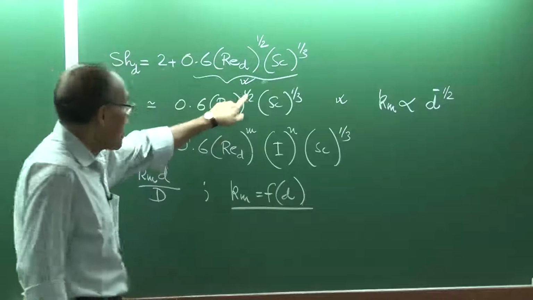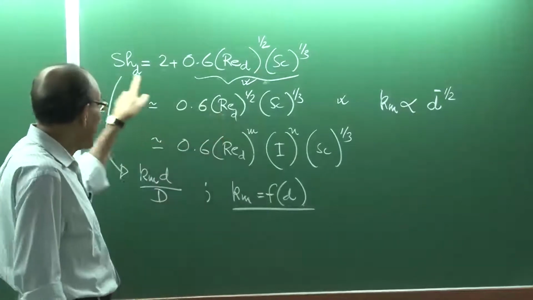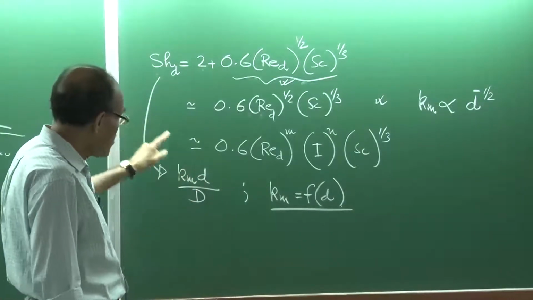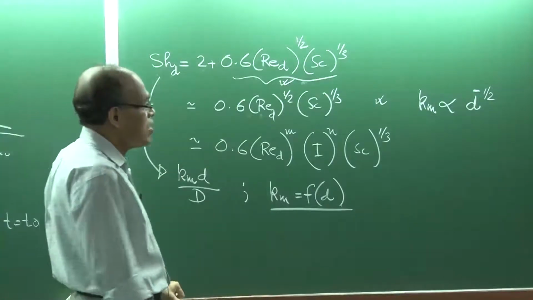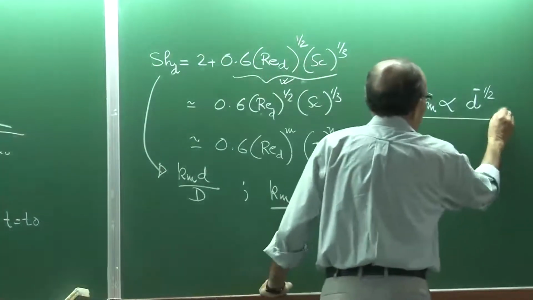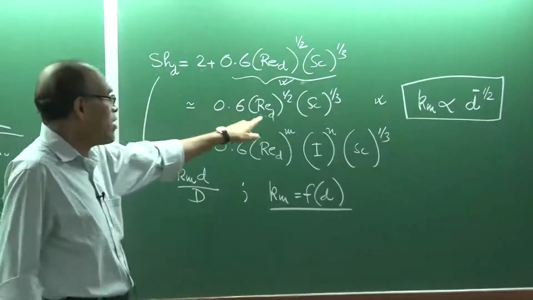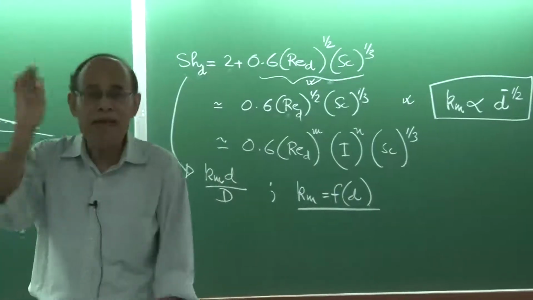Where does the half come from? The characteristic length in the Reynolds number gives d to the power half, and then there is a d in the numerator on the left hand side. So there is a dependence of the mass transfer coefficient on diameter. If you put the value of d as the initial diameter,